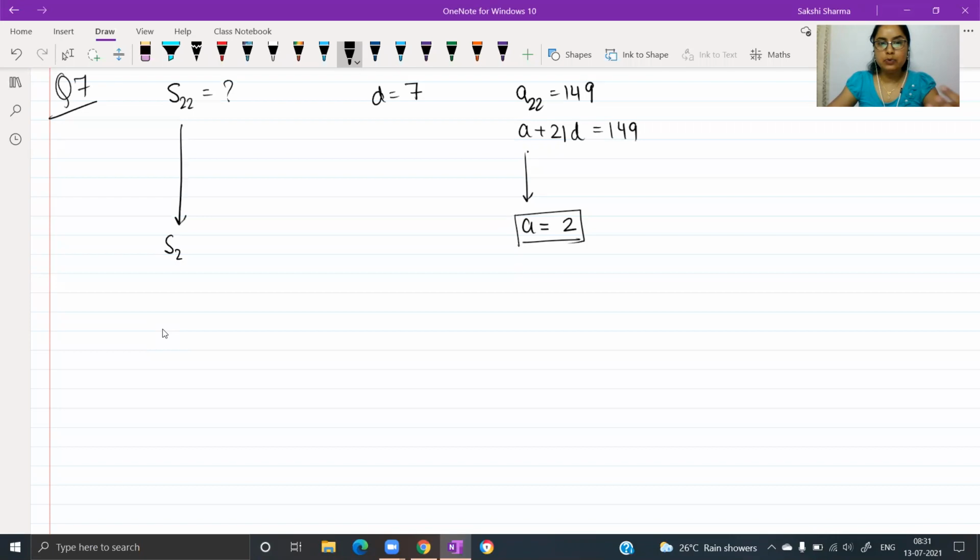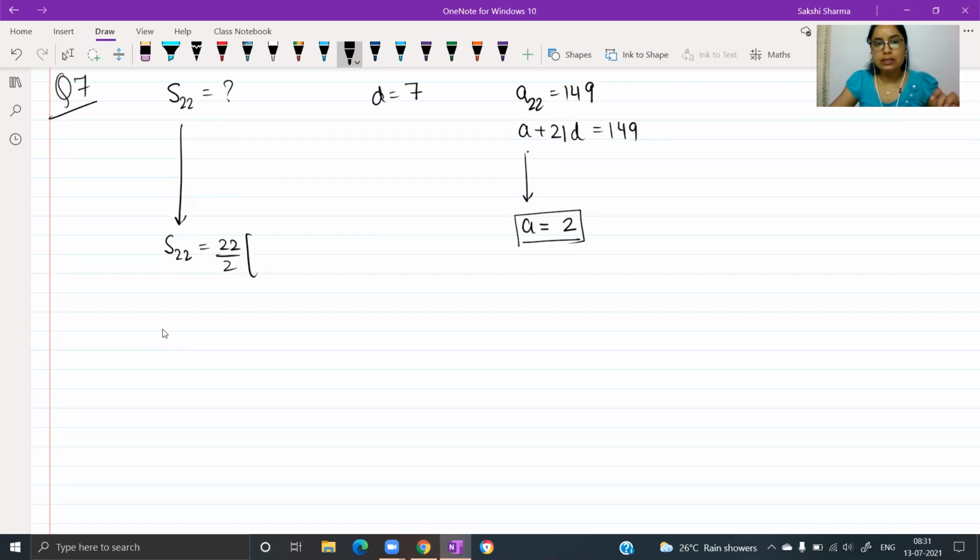So S22. Now, in this case, since you have the first term and the last term up to the 22nd term, you can use either of the two formulas, whichever is convenient. Either the one where you have n by 2 times (2a plus (n minus 1) times d). यहाँ पे पूरा expanded वाला formula है. दूसरा जो concise वाला है, जिसमें bracket के अंदर first term plus last term होती है. Last term is the term up to which we are calculating the sum. So here up to the 22nd term, we are calculating the sum of the terms, and we have that last term in the progression. So either of the two will give you the answer.